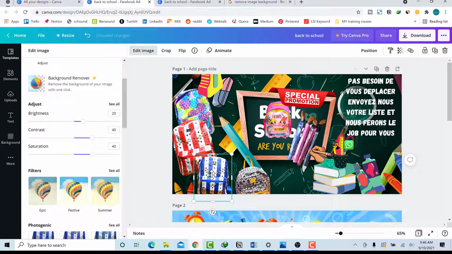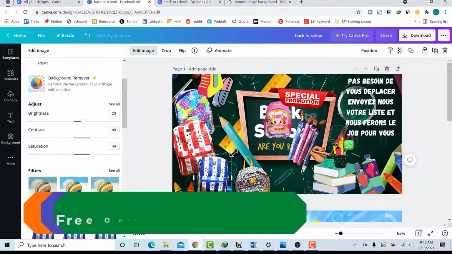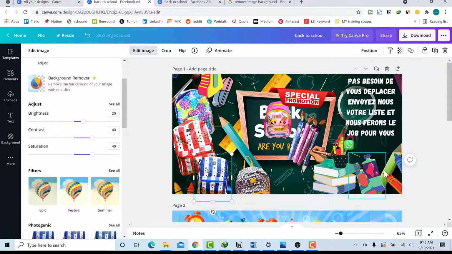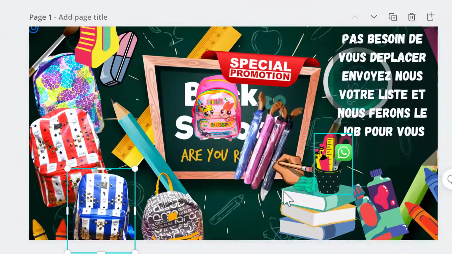So all this design here you are seeing up here, I created it with a free tool. The tool is called remove.bg. So this introduces us to the free online tool that you can use to remove your background. As I was saying, removing your background will help you create designs like this image.